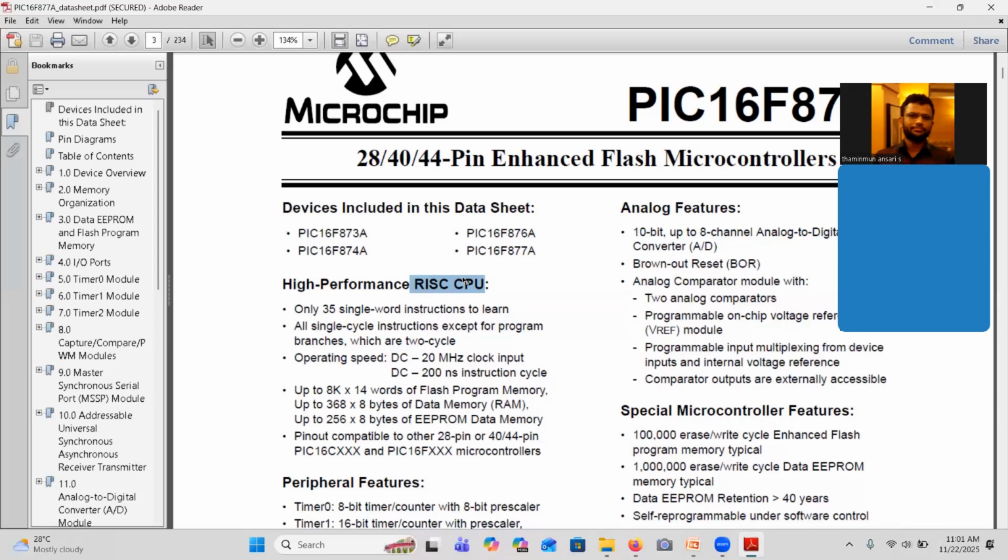Up to 8K into 14 words of flash program memory, right? One word is probably 8-bit right now. 8K into 14 words of flash program memory, you have that much program memory you can use for programming, and then